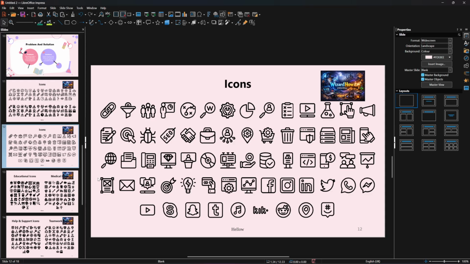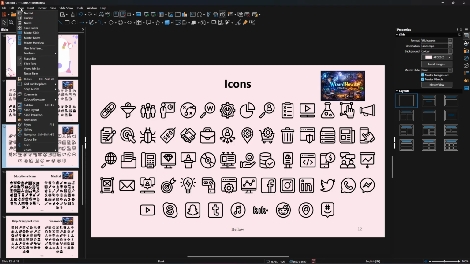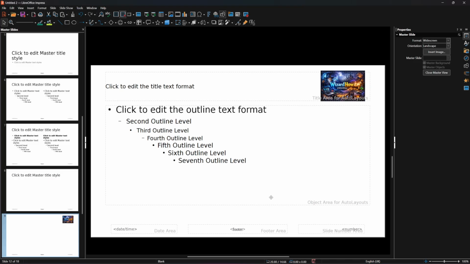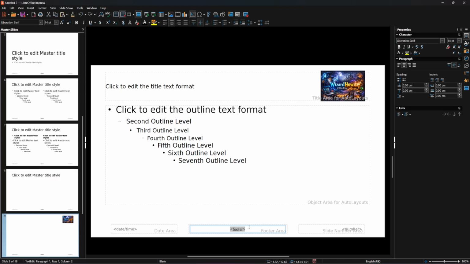in our slides. Now how can we customize the footer appearance? It will be like that: we go here to View and then Slide Master, just Slide Master right here. Now click here on the placeholder of the footer, and now you can resize it or move it to a different location on the master slide. You can insert pictures or text objects directly onto the master slide